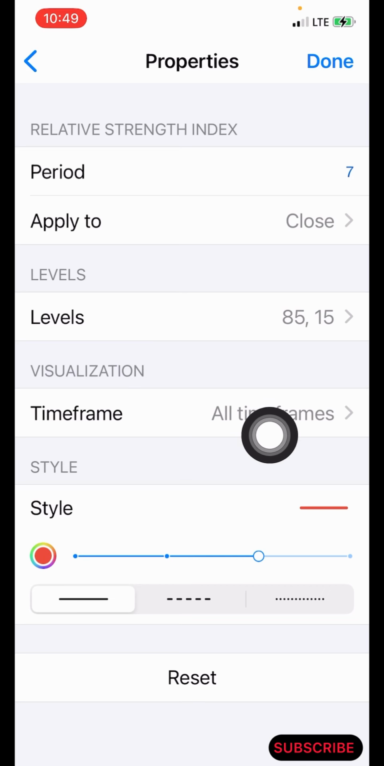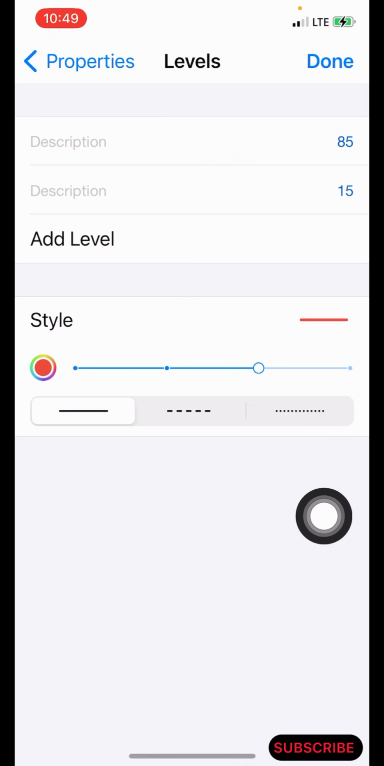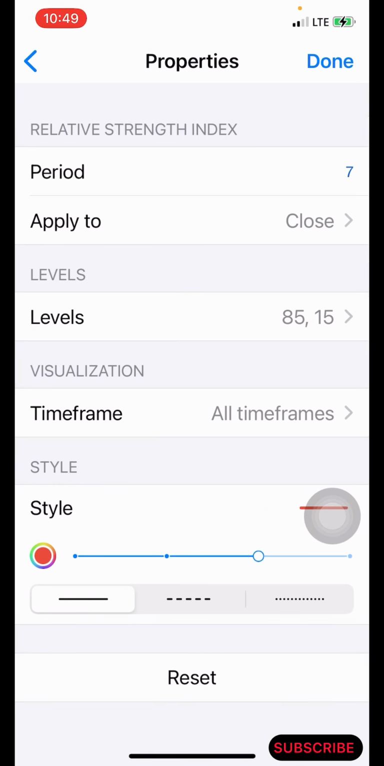The levels, you make it 85 and 15, my favorite levels. And the style, you make the color red, and you make the pixel for it 2 or 3 pixel. Okay, so far it's bold and it reflects on the chart. All right, so after that you click on done, and then you